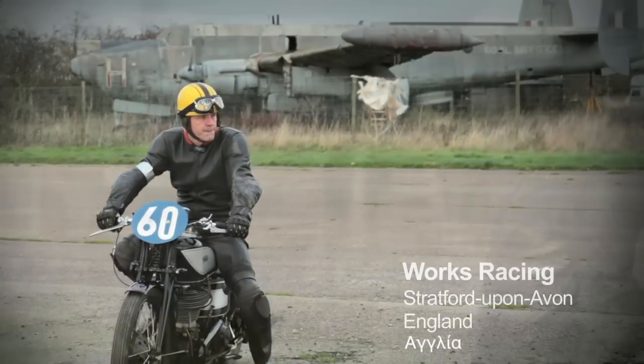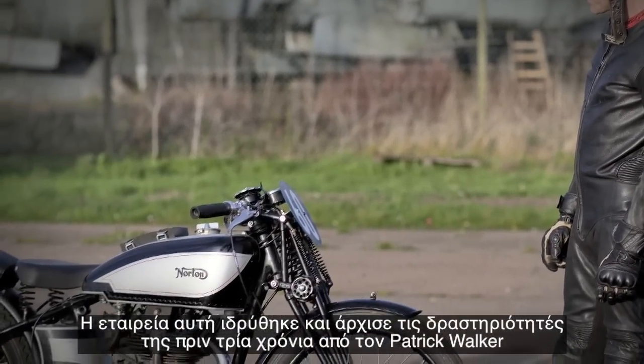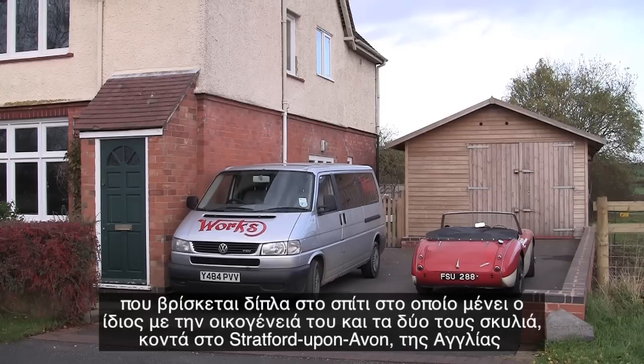Works Racing makes engine parts for treasured Norton motorcycles from the 1950s and 60s. The company was founded and started 3 years ago by Patrick Walker. Its factory is actually a modest wooden shed next to the home he shares with his family and 2 dogs